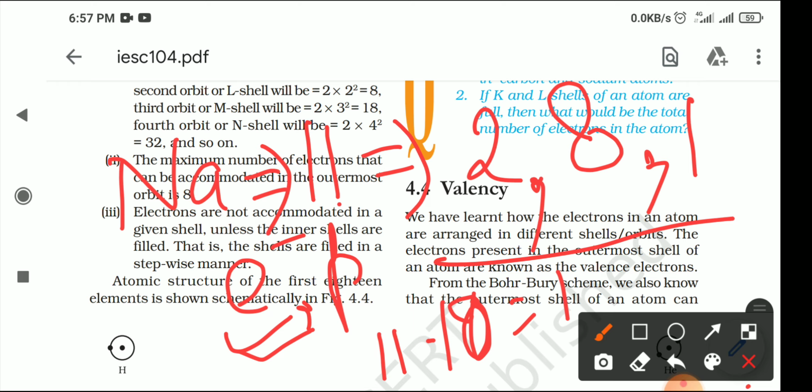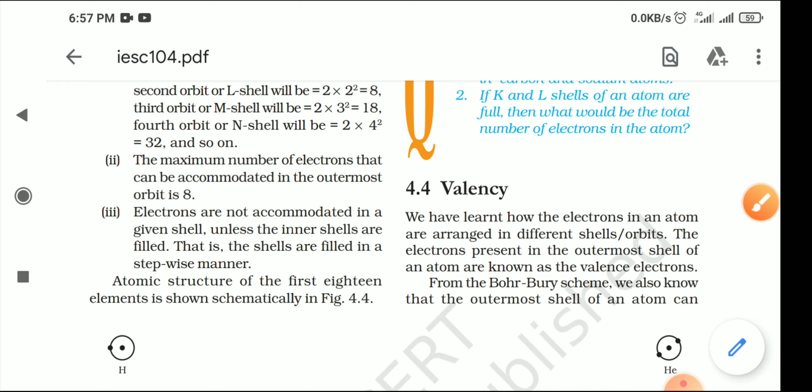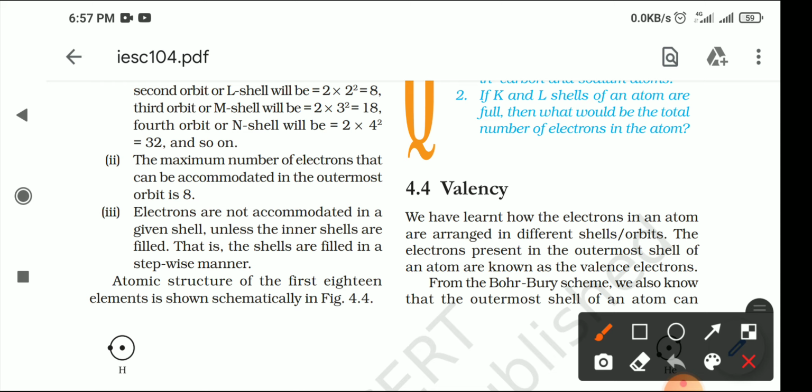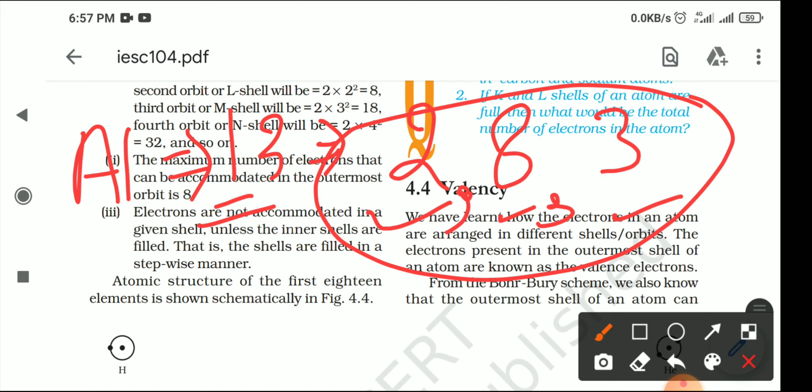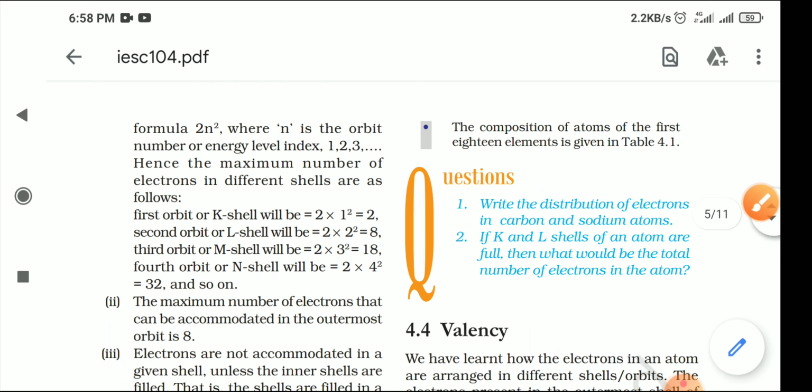And so on, you can calculate the electronic configuration of different atoms. Like if I say write the electronic configuration of Al, how would you write it? Its atomic number is 13, you should know. In the first orbit 2 electrons will come, in the second it is 8, and then the third. 8 plus 2 is 10, 10 plus 3 is 13 electrons, and these electrons are distributed like this only. Clear? I hope this concept is clear to you, how we calculate the number of electrons in the various orbits. Same, you have to do these two questions today.